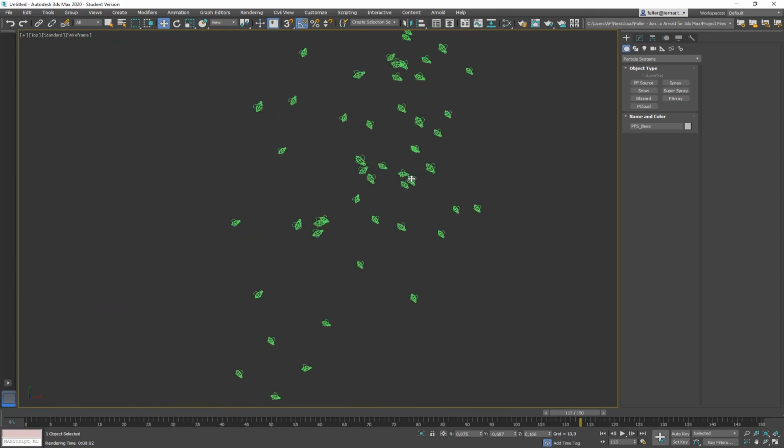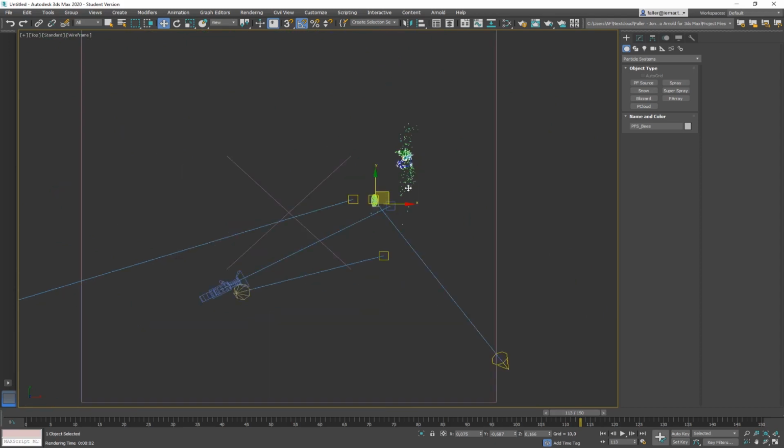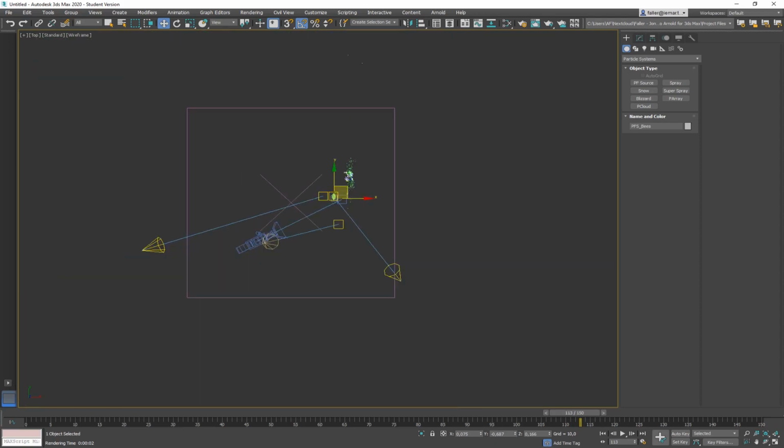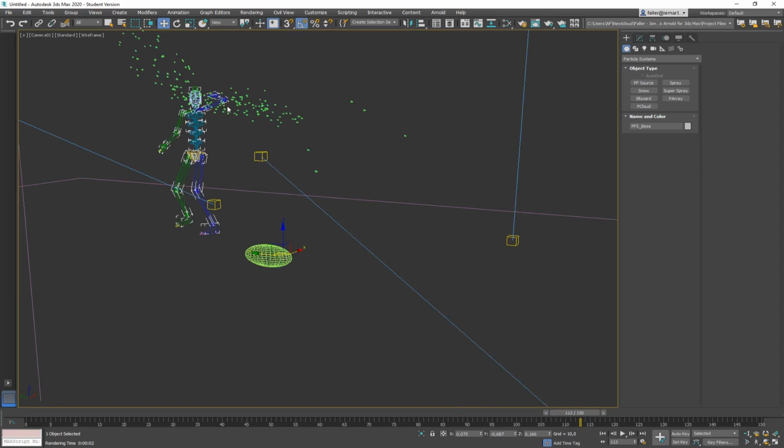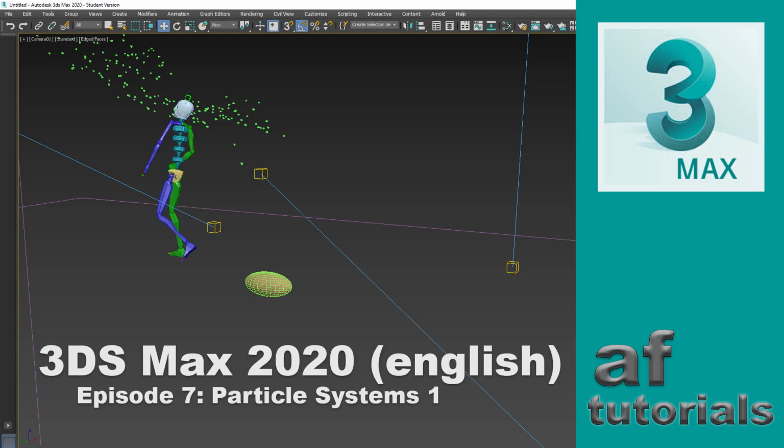Okay, guys, that's it for the introduction to the particle systems. I hope you liked it. Please play with it. There's so many things you can try out, especially with those default scenes that you can just look at how they are built, and you come up with ideas and build your own thing. Next time I'm going to have a few more selected topics with particle systems that I want to show you. Thanks for your attention, and I'll see you in the next one.